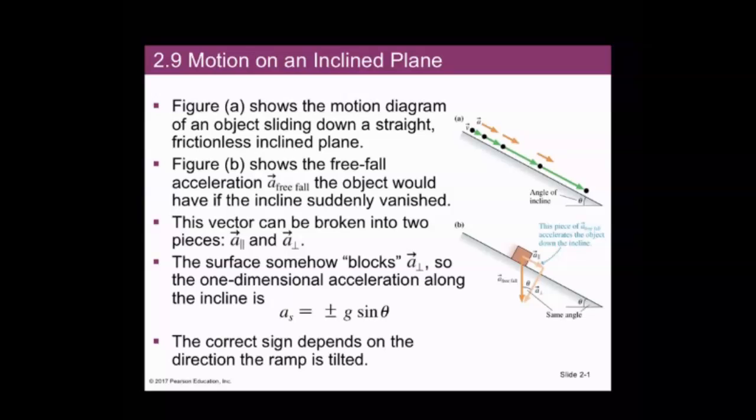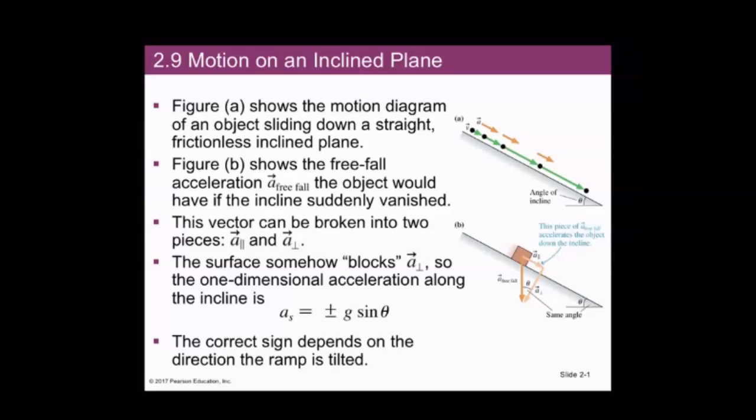Video 2.9 is about motion on an inclined plane. In figure A to the right, we see a motion diagram of an object sliding down a straight, frictionless inclined plane. Note that the angle of the incline is shown as theta on the drawing,